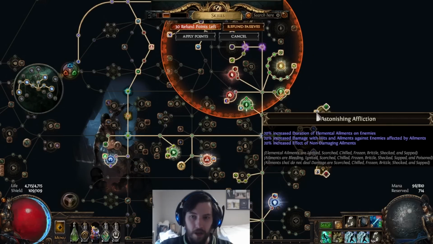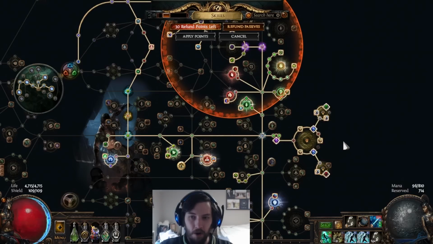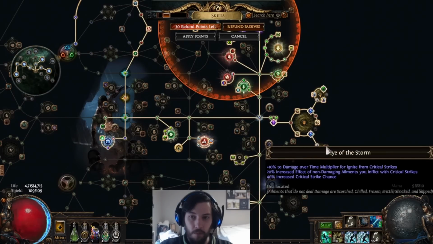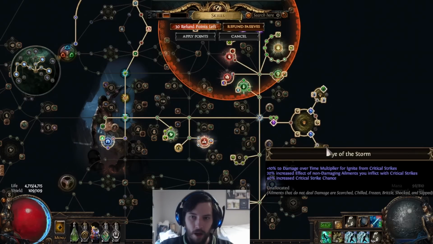Astonishing Affliction is fantastic. I always like to have at least 2 Astonishing Afflictions overall on my build, and Storm Rider, of course, for power charge generation. Then I have the second one, which has Astonishing Affliction and Eye of the Storm. Eye of the Storm is quite good. I think actually allocating this would put me at 100% crit chance. I think I'm at like 98%, so I could get rid of this Reservation Mastery, throw in Eye of the Storm,